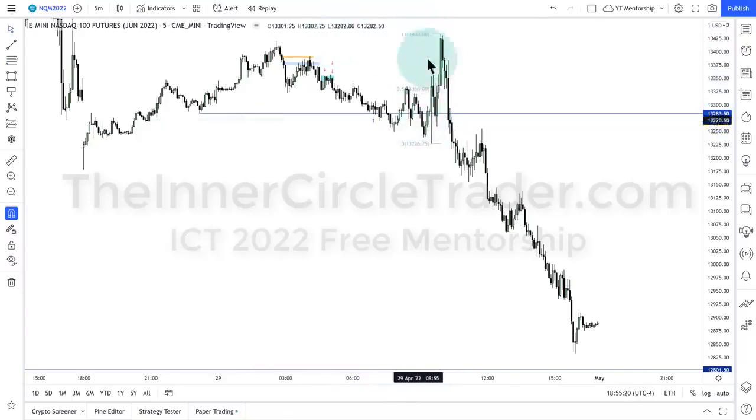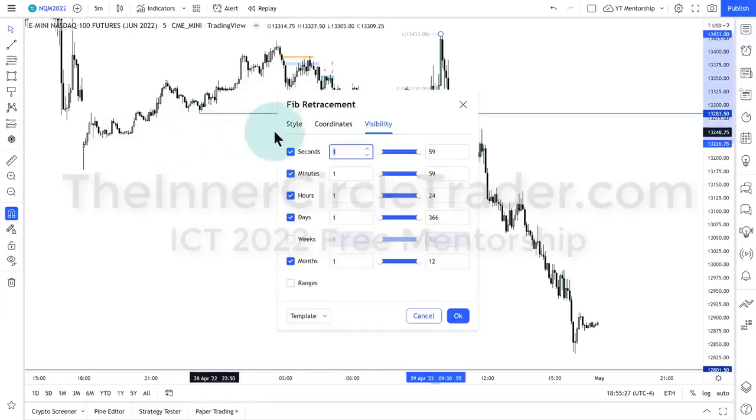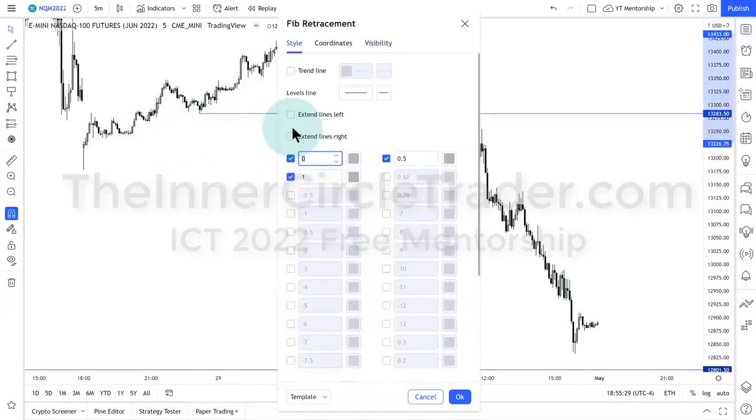All right, so once you have it on your chart, highlight it and then go over to the little gear and go to style. In style, these are the settings. Okay, all you do is go in, click the little box here, type in the numbers you see, just like I have here. Now, if you want to see projections on how far down or up the moves will likely go,